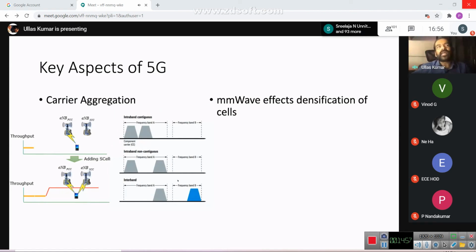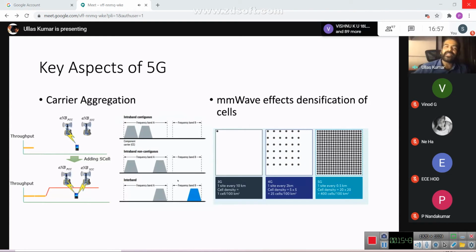As the frequency goes up, the ability to penetrate reduces because the wavelength is much smaller. So it cannot penetrate through mountains, or even through huge walls. An analogy is FM radio stations. FM is a much higher frequency compared to AM radio stations, right? AM stations can reach hundreds of kilometers, whereas FM is limited to probably 30, 40, 50 kilometers, because the frequency is much higher compared to AM. Therefore, millimeter waves cannot penetrate, and therefore the number of base stations needs to be much more. If you look at 3G, as we discussed, it had a much lower frequency range, around 700 to 800 megahertz. So we could have one base station every 10